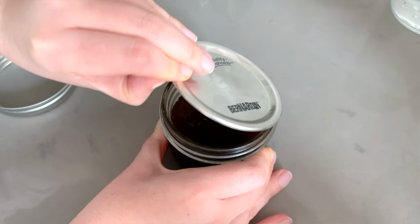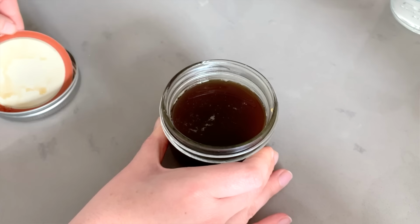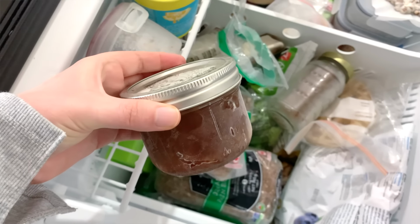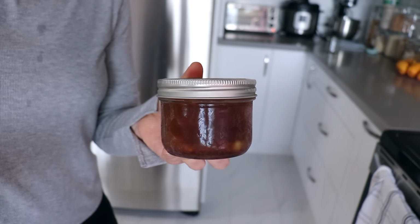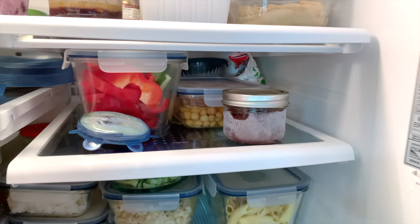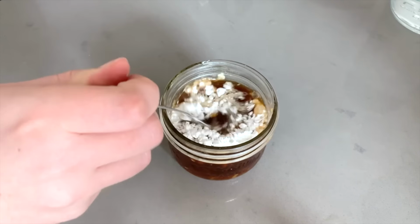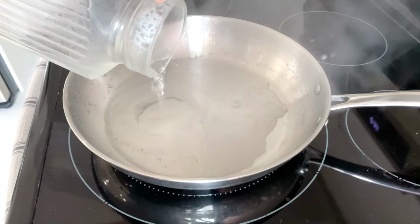I also love utilizing my freezer whenever possible. So this is actually a stir-fry sauce that I made about a month ago, and I just made a huge batch all at once, portioned it out into little containers, and then froze them individually. So anytime I want to make a stir-fry, I can just defrost one sauce and I have a perfectly portioned out sauce ready to go. So to the stir-fry sauce, I'm just adding a tablespoon of cornstarch,